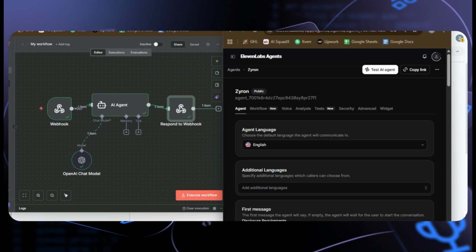So you can go more in depth, and you can play with the system prompt and other things. You can try tools